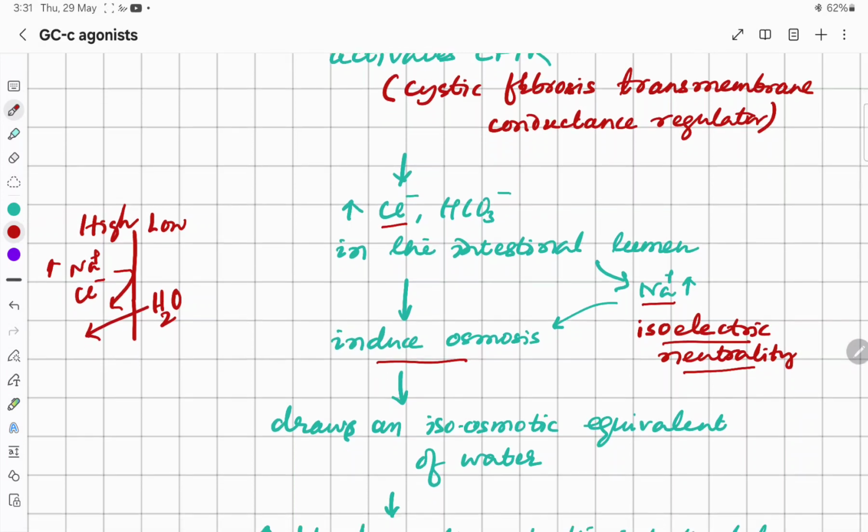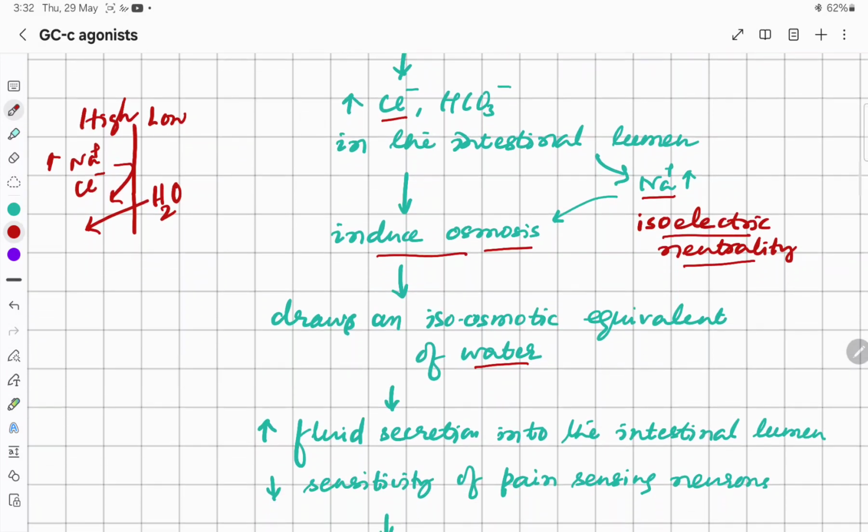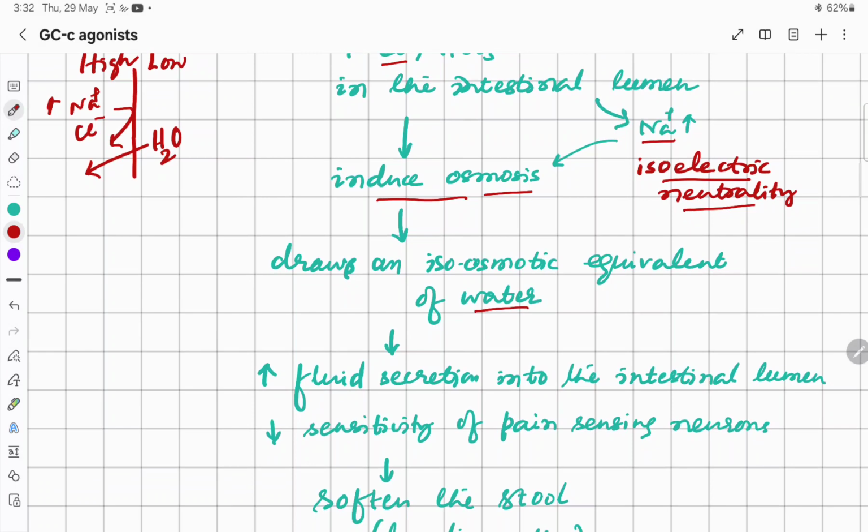That is the process of osmosis, so osmosis will be induced. So an isosmotic equivalent of water flows,